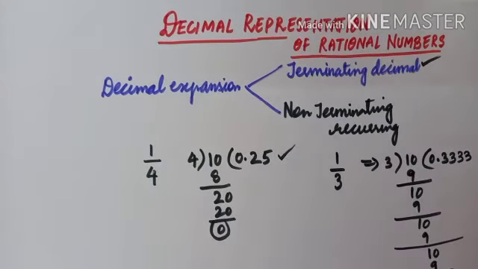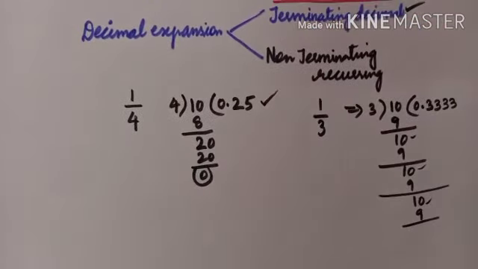So it is just going on. This division process is going on. The division process never comes to an end. You can see over here, the remainder starts repeating after a certain number of steps. The remainder starts repeating here, 10, 10, 10, it's repeating. So this type of decimal we call a non-terminating decimal expression or recurring decimal.